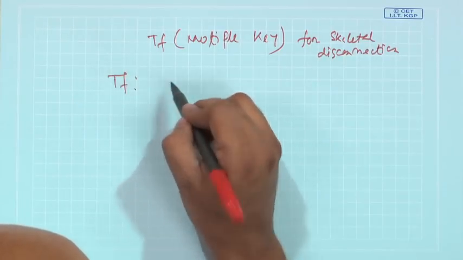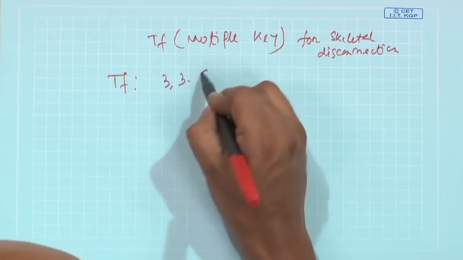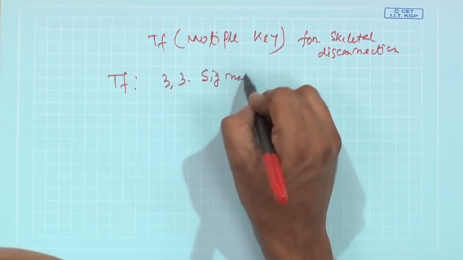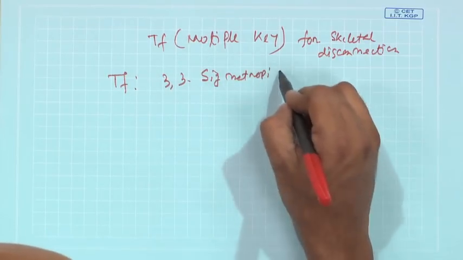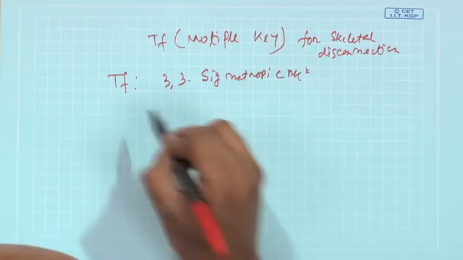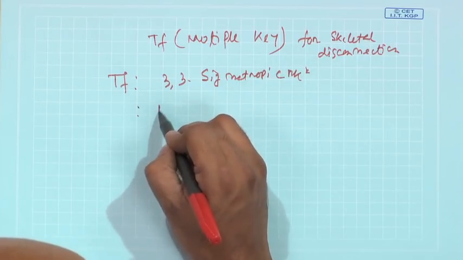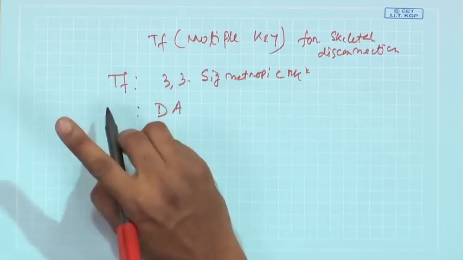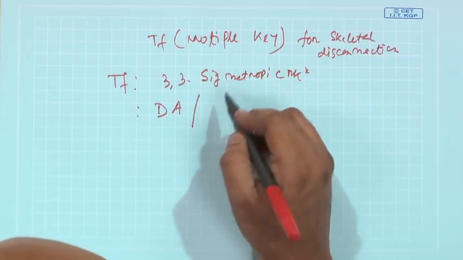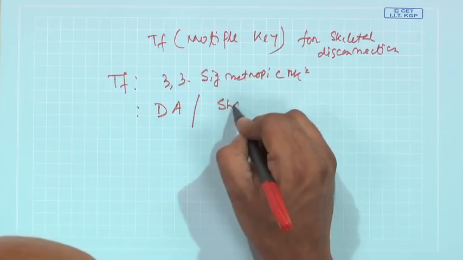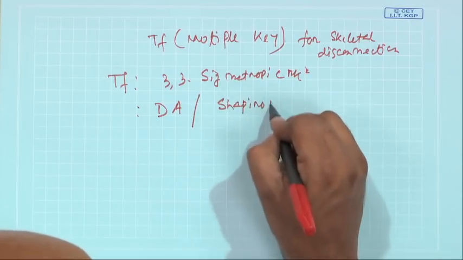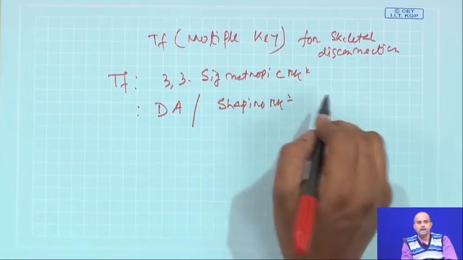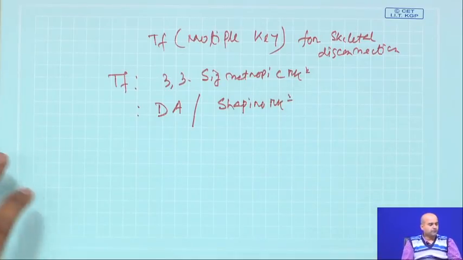Transformation, where we basically used a 3,3 sigmatropic reaction. Then we used a couple of Lederer-type reactions to access both the intermediates. Then also a Shapiro reaction was used, a very useful reaction. So, in this way several different kinds of multiple transformation based approaches can be used to construct a core structure